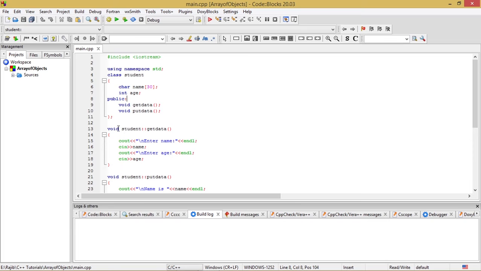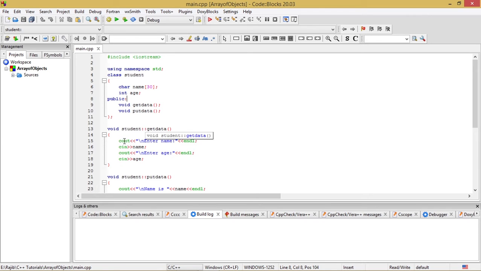The return type is void, since nothing is to be returned from the getData function. We have to supply the name of the class, student, and getData and student are separated by the scope resolution operator, which tells us that this getData function is a member function of the class student.